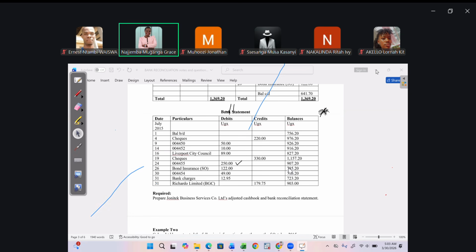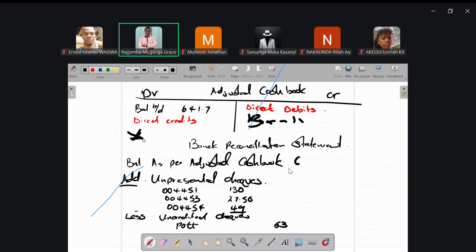Then we have a direct credit, which should appear here. Put that there and then balance off the adjusted cash book. After balancing off, the revised figure is brought here. Then we add unpresented and less